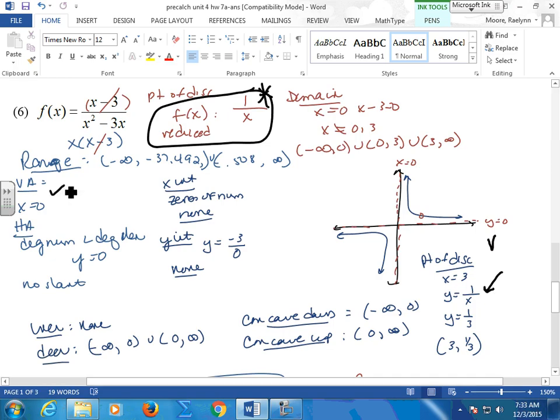Your horizontals are probably easier to find from the very beginning. For horizontal, the degree in the numerator was less than the degree in the denominator. Even when you reduce it, it comes out the same. Then your intercepts, whichever way you want to do that one, from the beginning one or the reduced one is fine. Again, concavity and increasing, decreasing have to jump over that point. These are both decreasing,